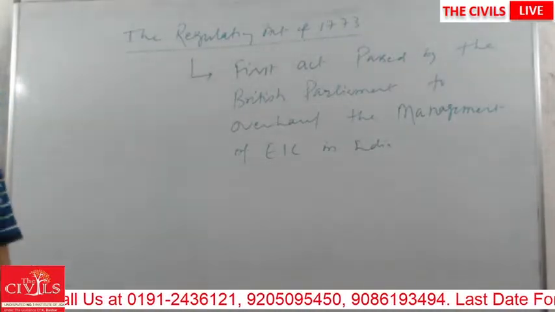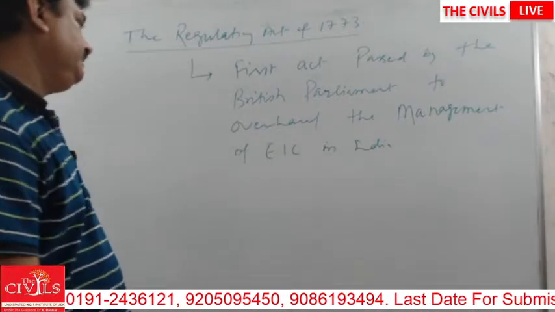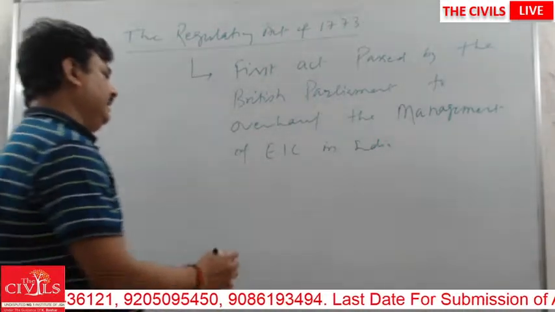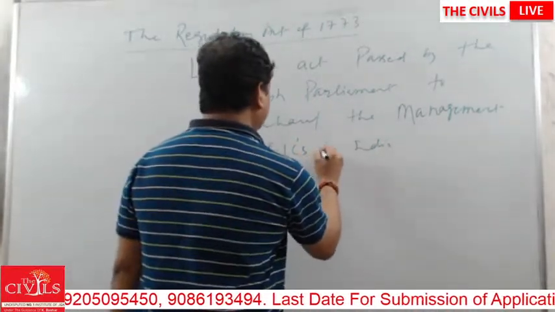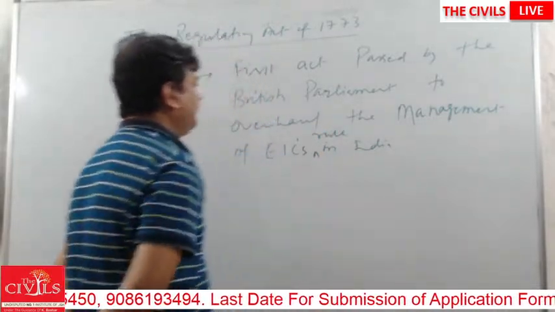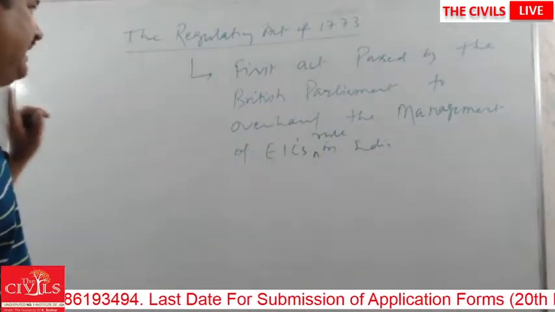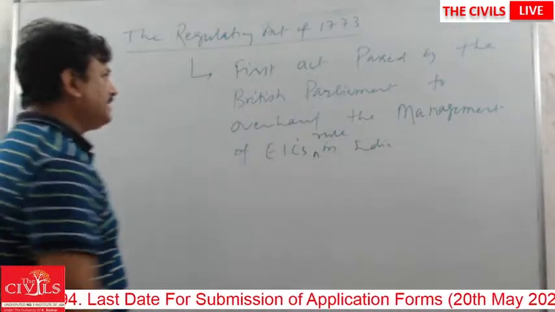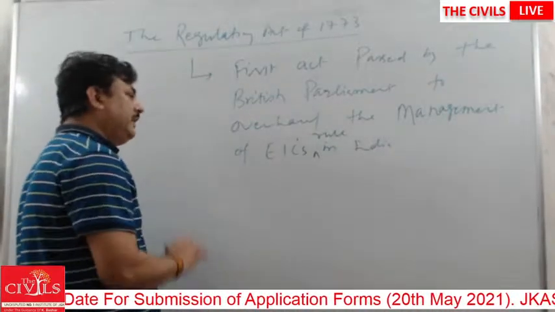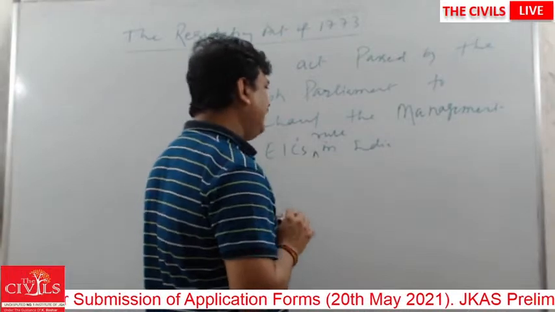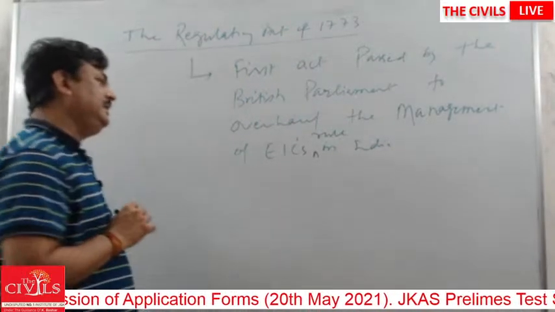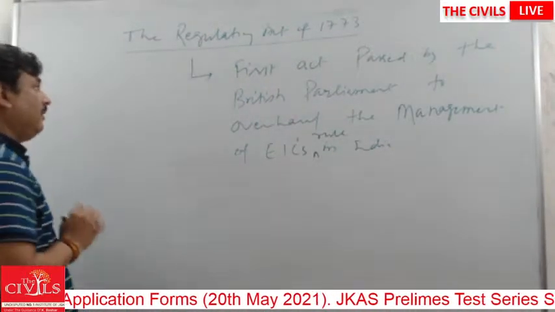The Regulating Act was the first act passed by the British Parliament to regulate the management of the East India Company's rule in India. Now, why